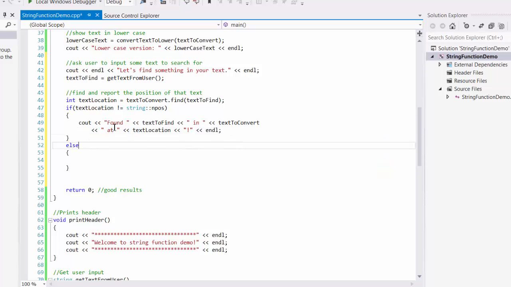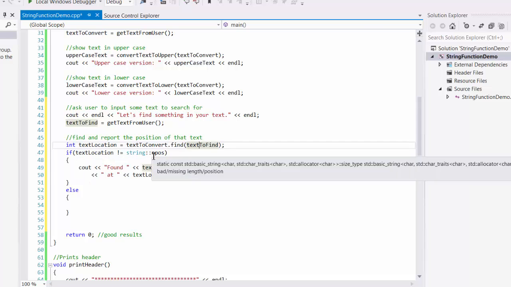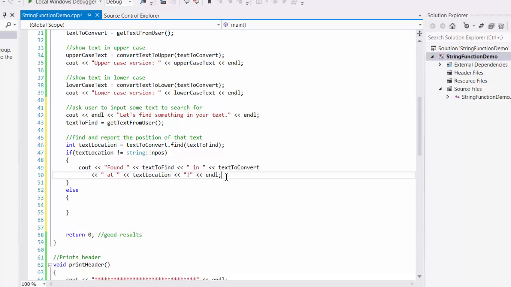So what this does is it gets an input from the user, stores it in a variable called text to find, which is a string, and then uses the string find function to see if that text that was put in from the user is in the original piece of text that they input. If it finds it, it'll equal some number, which won't be npos, in which case we'll display to the user